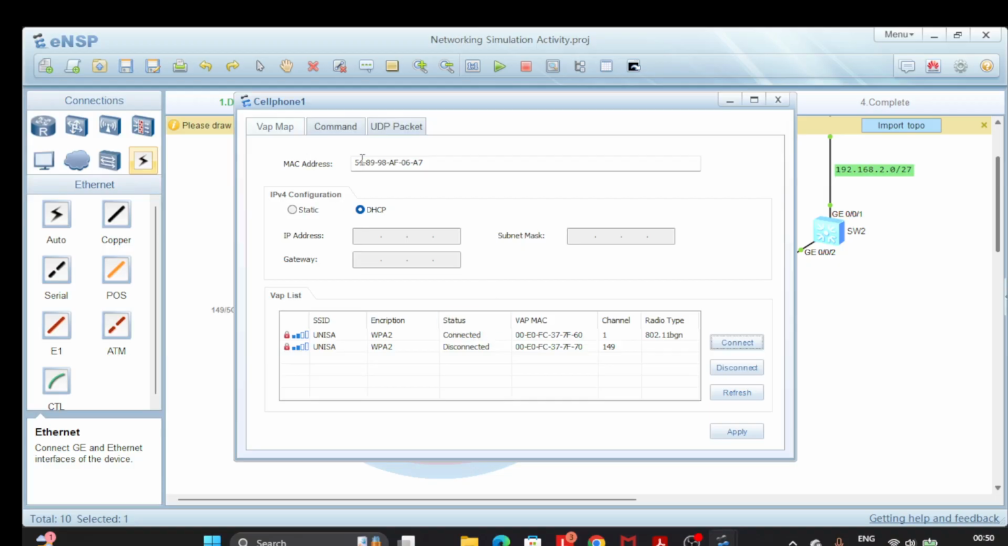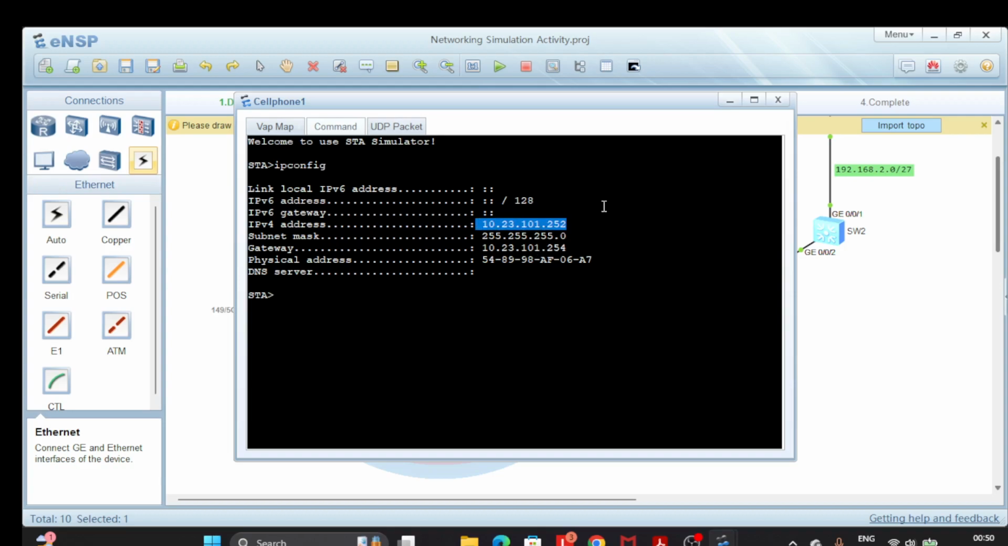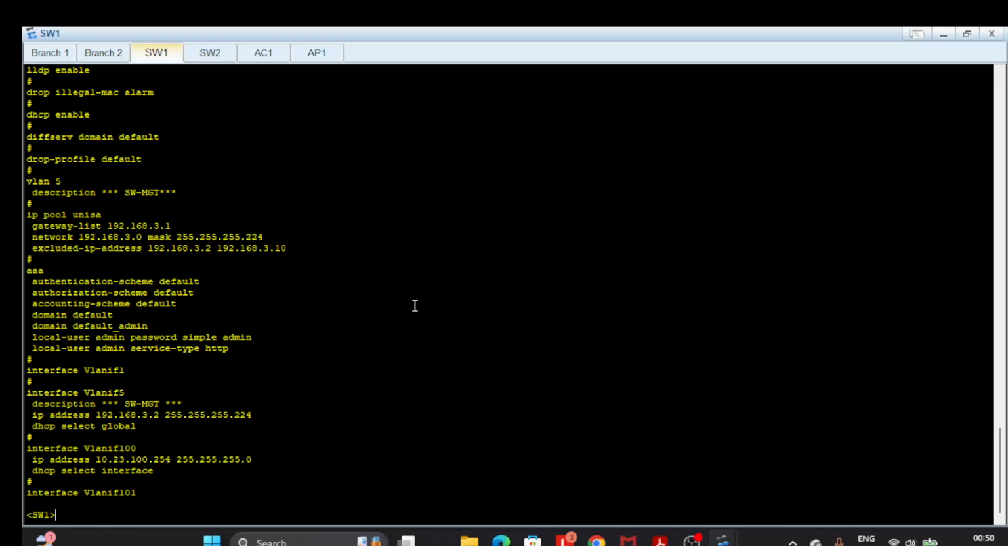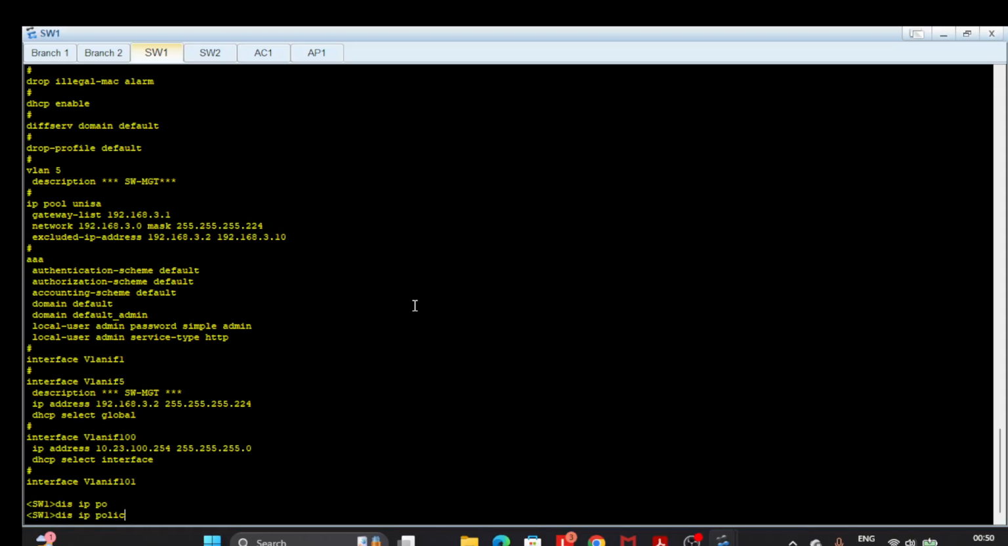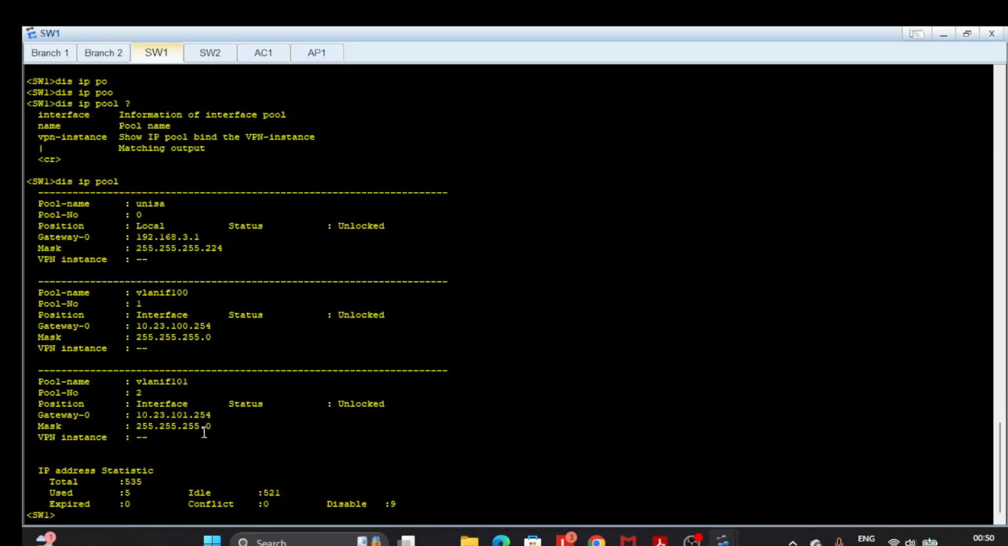Connected. So where is he getting the IP address? So he got the IP address. The user got the IP address. Let's check. ipconfig. I need to check the IP. So it's 101.502. So on the DHCP, remember I've created, what is it? Display IP pool. Yes, I have 3 DHCPs. So this one, 101, it's for users which are connected on the